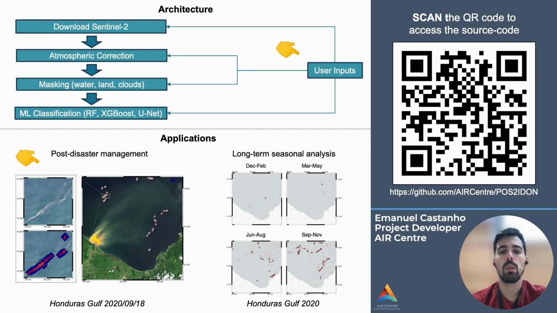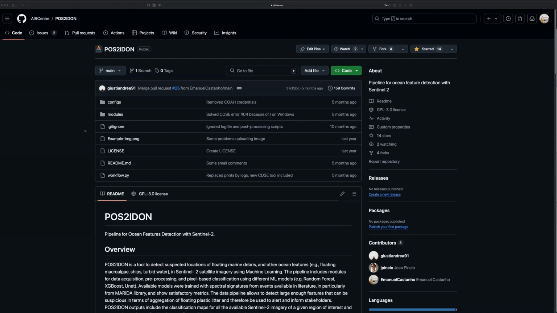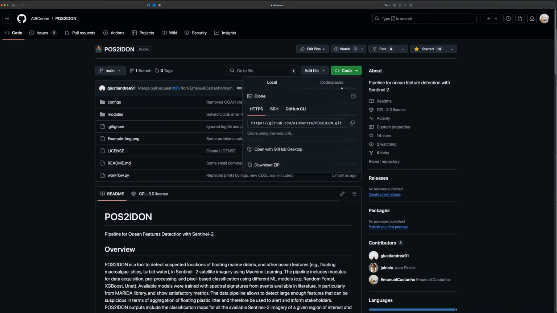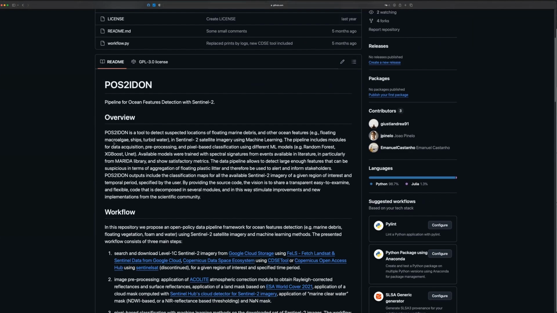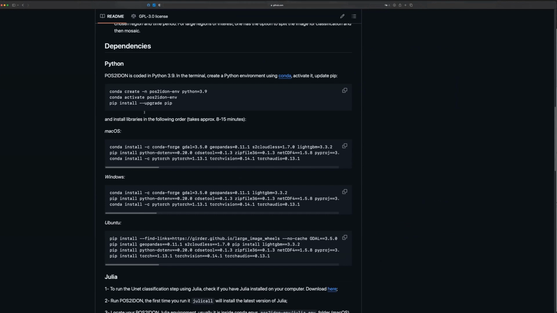In this MOOC, I will show you Poseidon's user inputs to obtain a classification image that will be opened in QGIS. In the Poseidon repository, you will find all the information you need for a correct installation. Clone the repository using Git with the URL, web URL, or simply download the zip. Don't forget that you will need to register for free with some data providers. Here you can follow all the instructions,